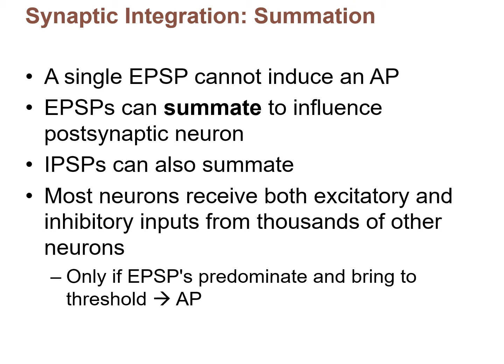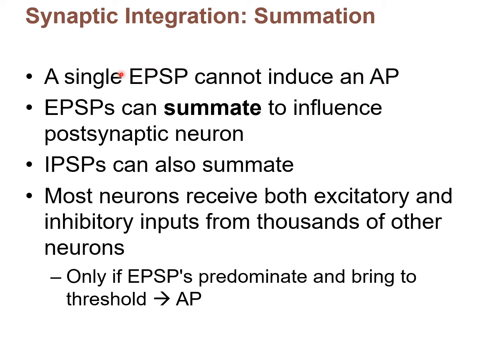And what we're going to see on the next few slides is a concept called summation. Here's an important point that we have yet to bring up: one single EPSP, that's a graded potential, but it's an excitatory graded potential. We call it an excitatory postsynaptic potential. A single one has no chance of producing an action potential, right? Even though it's excitatory, it's not going to get to the axon hillock because this is a graded potential,